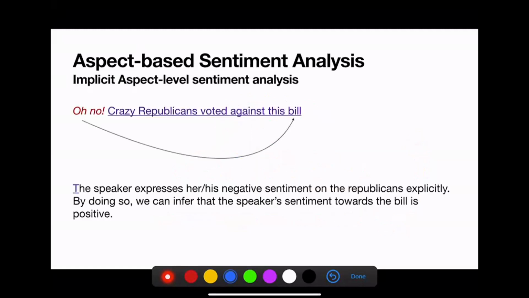Now, implicit aspect-level sentiment analysis. So this is very important. You will not always see examples where the sentiment is being expressed explicitly. Okay, there will be cases where you need to infer the sentiment of a